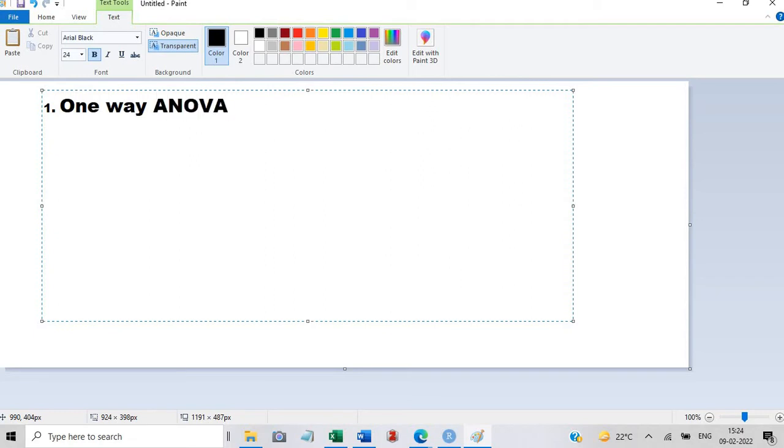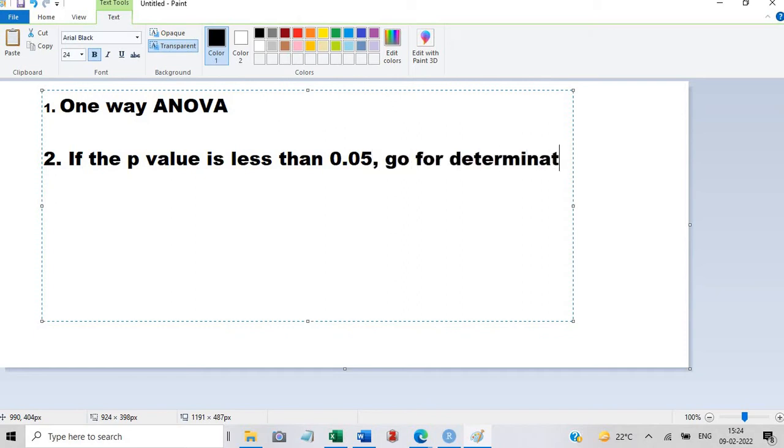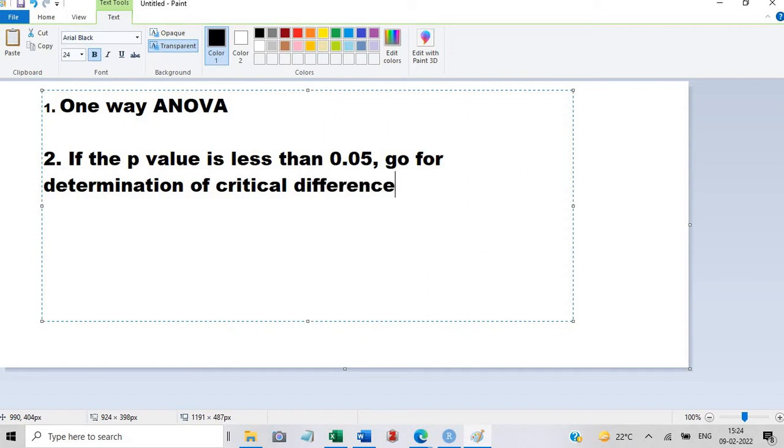In one-way ANOVA, if the p value is less than 0.05, go for determination of critical difference.